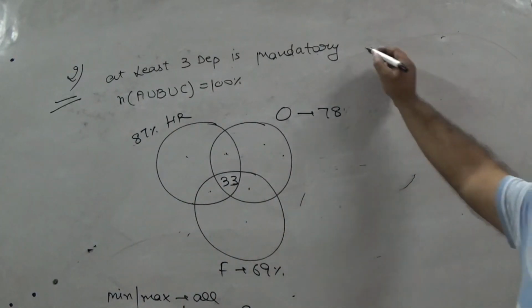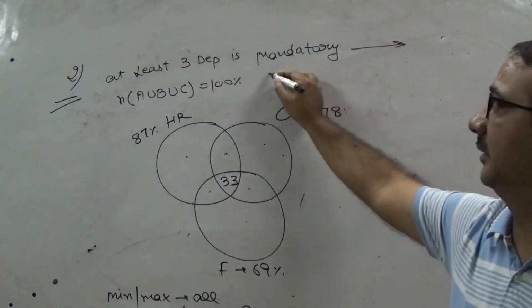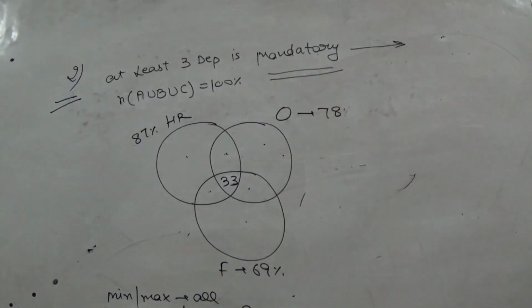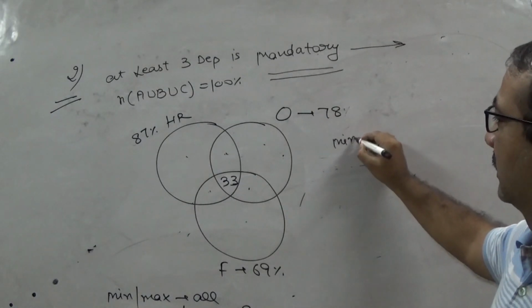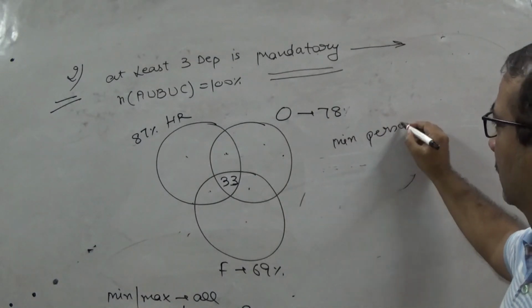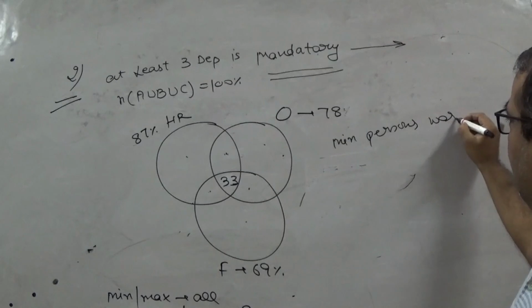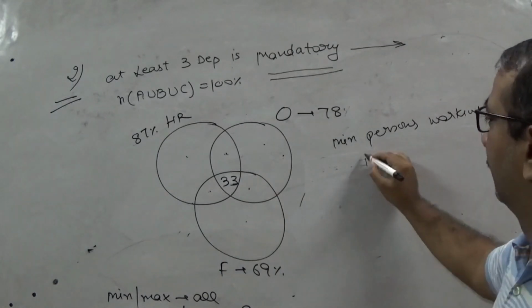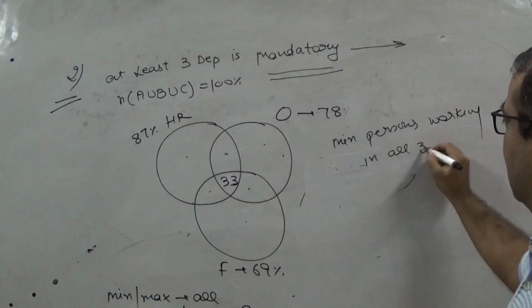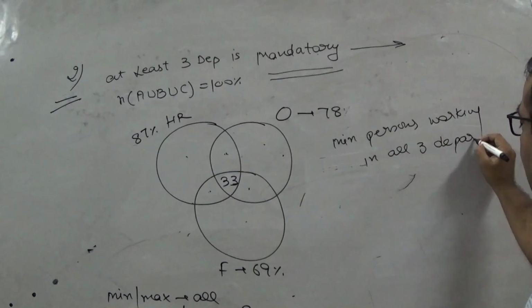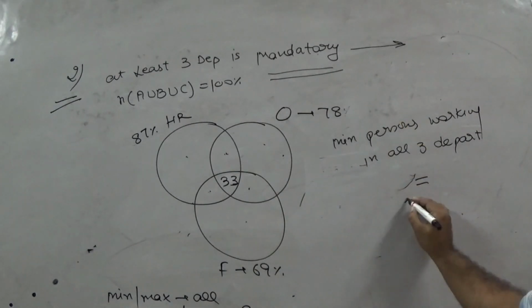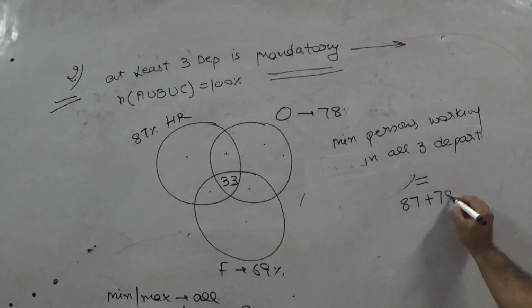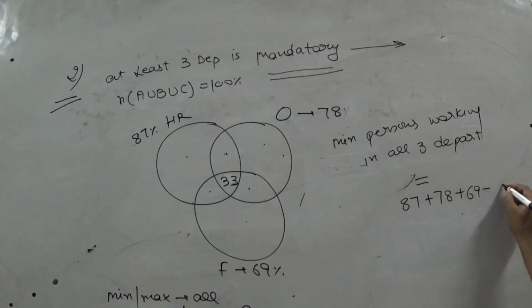One condition is this, working in exactly one department is mandatory, or it will be given like that. Then what do we do, if you have to find out the minimum number of persons working in all three departments, that question we can answer it. Working in all three departments is always equal to adding all of three, like 87 plus 78 plus 69 minus twice of A union B union